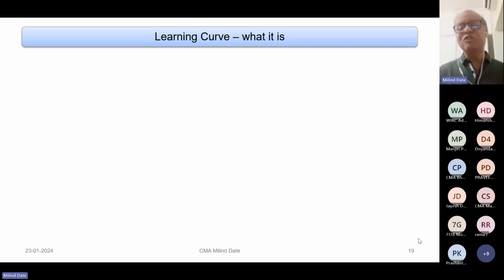Naturally, as a concept it is easy to understand. If you're doing something for the first time, you will take longer to do an activity. But as you keep on doing the activity and become an extensive executor of that activity, with experience you will tend to take lower and lower time. And naturally, when time taken by the workforce is lower, the cost should reduce. That's the simple logic behind this concept.